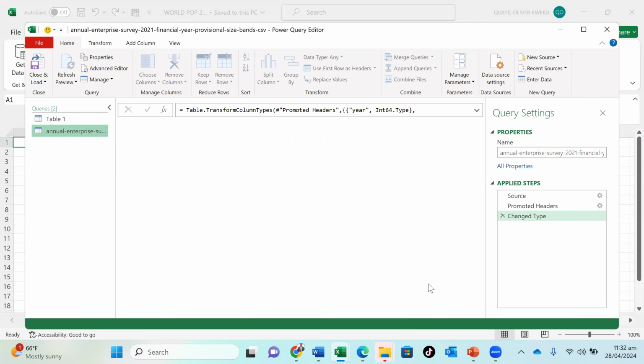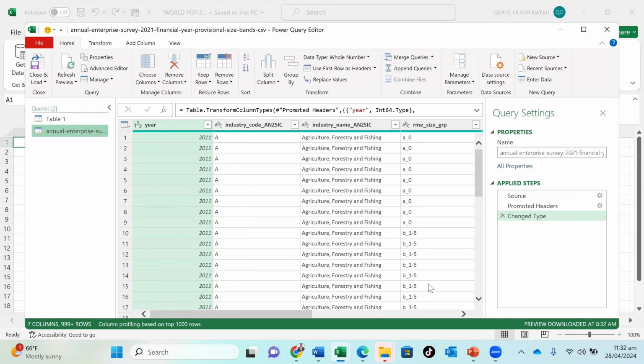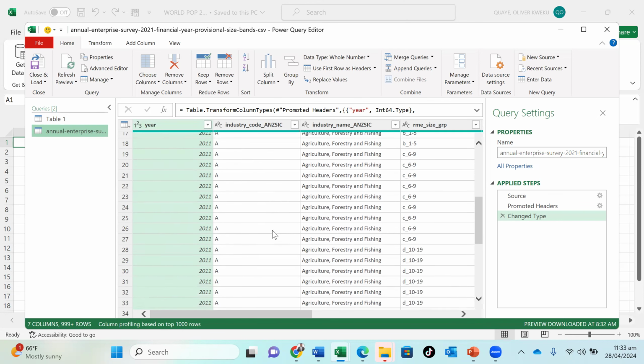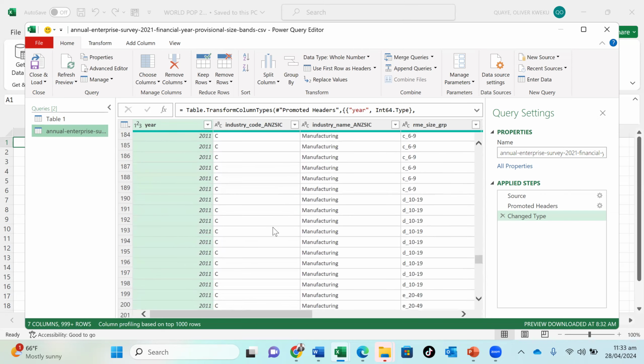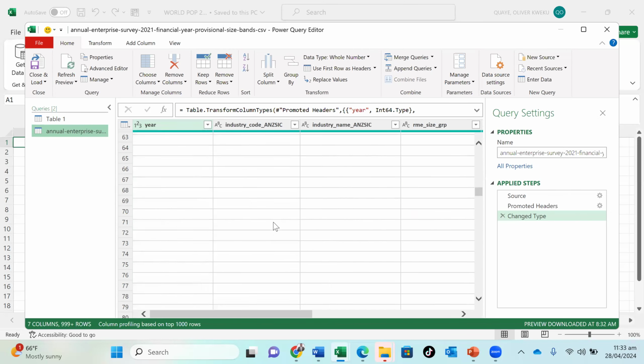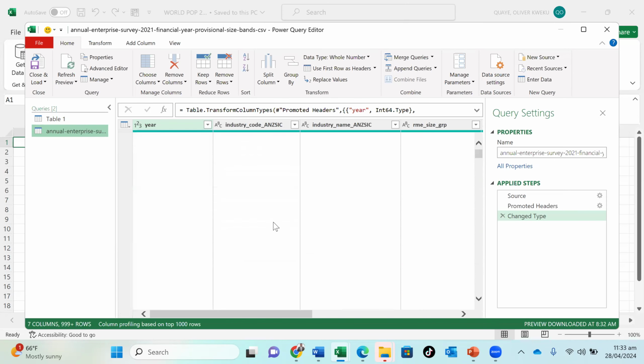So any data you want to transform comes with what you need to clean, right? Looking at this annual enterprise survey 2021 for financial year provisional size bands, I don't know which company has this, but it looks like a sector annual survey. Over here, the year is int, which is fine. The industry column gives us this industry code. Maybe if this industry code is not necessary to my analysis,